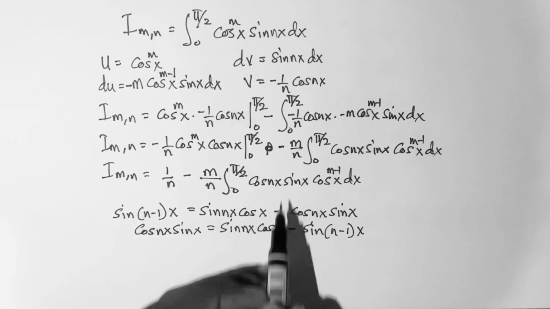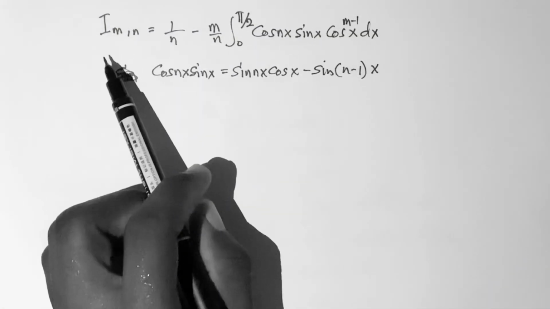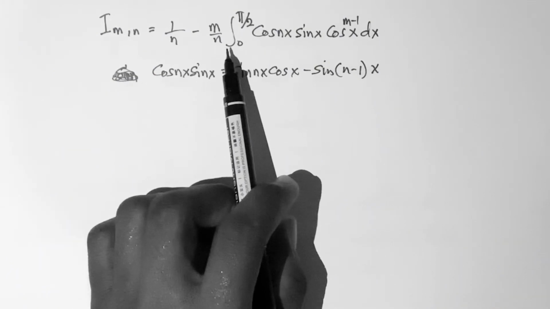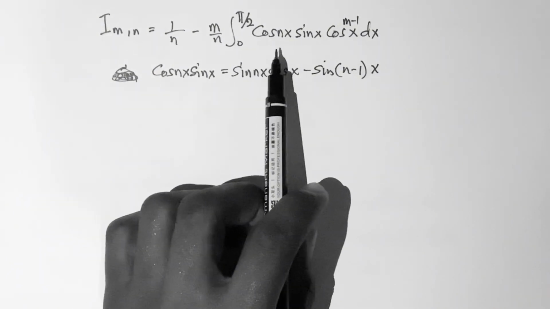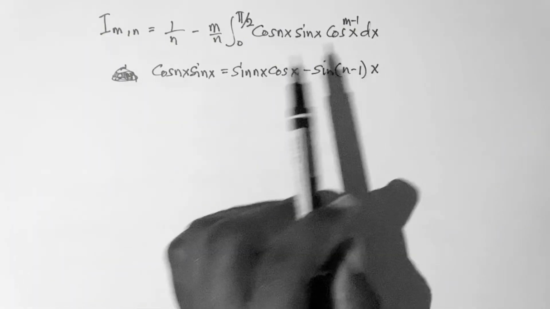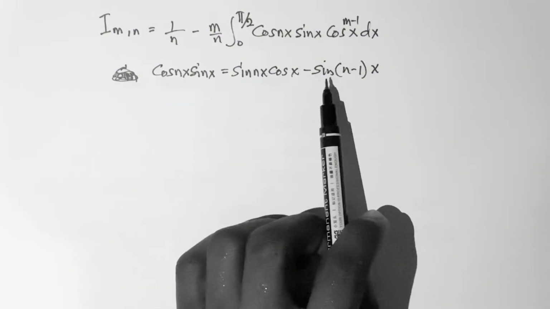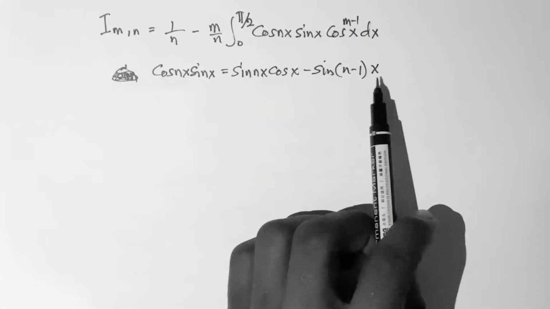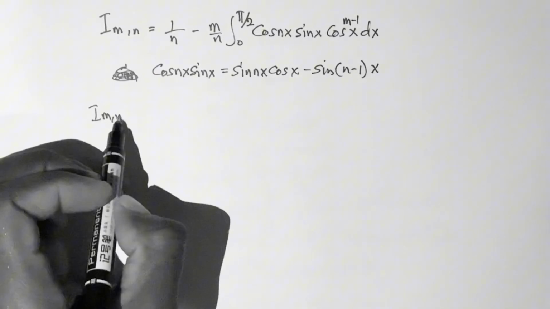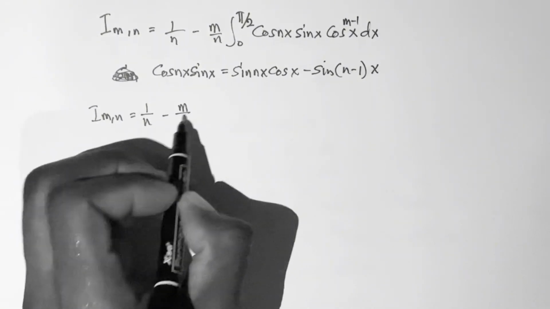So we take all of this and put it into this integral. We have been able to establish that I of mn is equal to 1 over n minus m over n, integral 0 to pi on 2 cos nx sine x, then cos x exponent m minus 1 dx. And then cos nx sine x is equal to sine nx cos x minus sine to bracket n minus 1 x. So I of mn is equal to 1 over n minus m over n